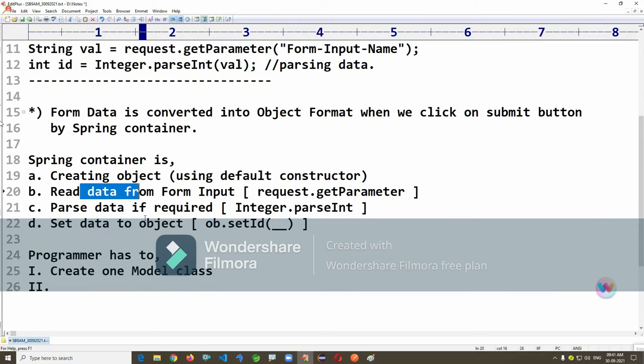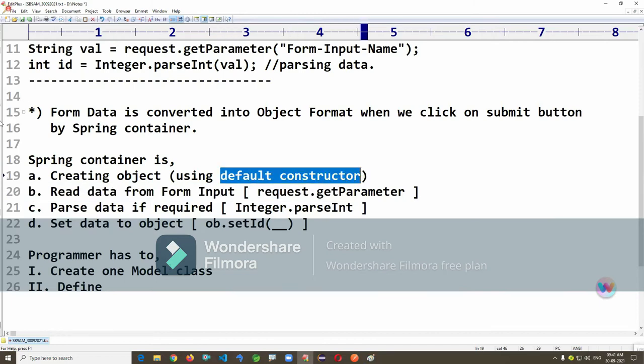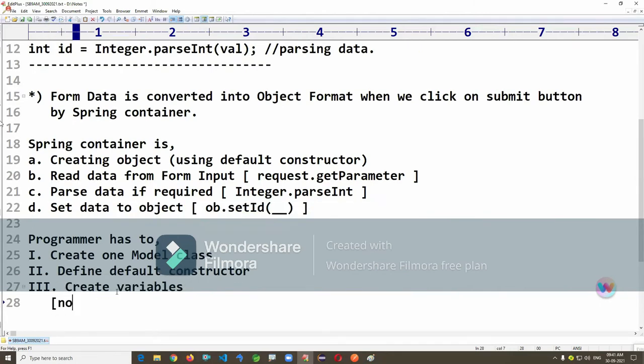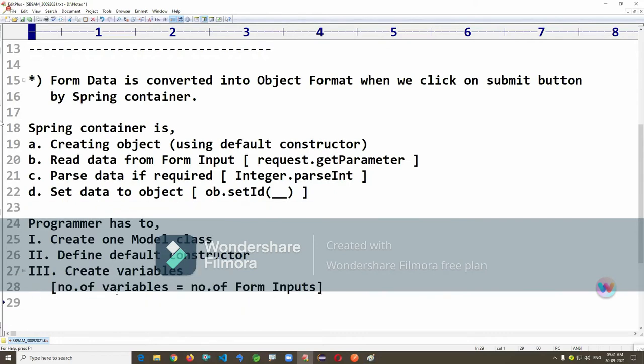If you want to read and set to variables, define a default constructor. Create variables. The number of variables you take here is actually the number of form inputs. If 20 inputs are there, take 20 variables.